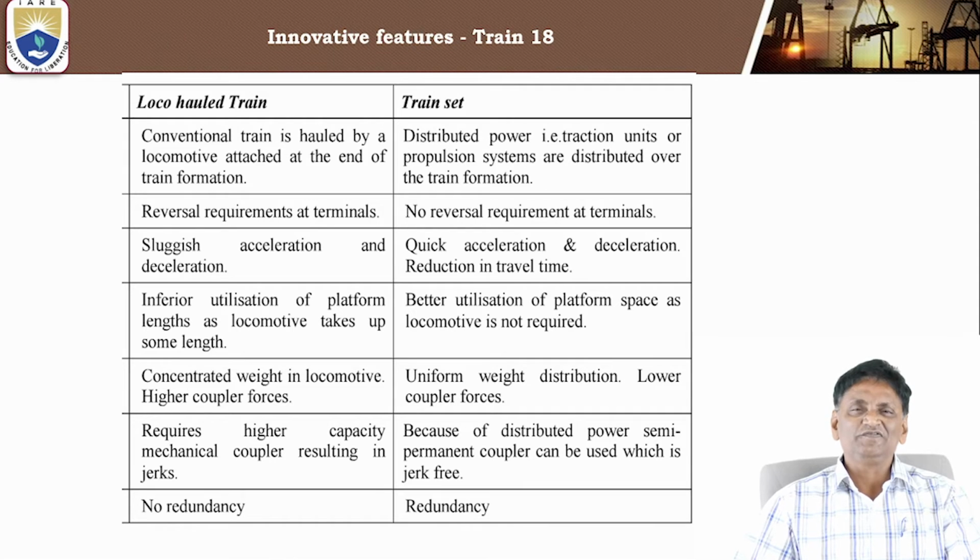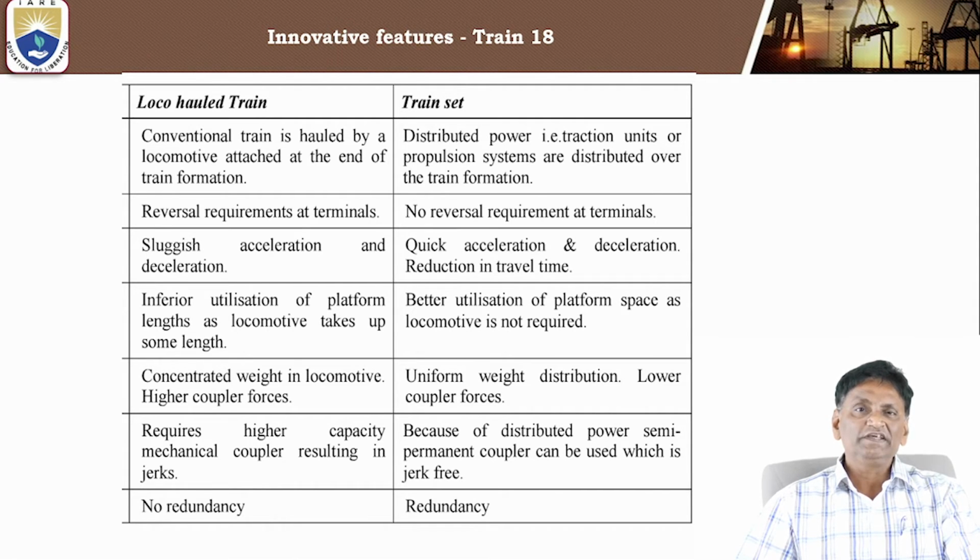So what are the innovative features this team has thought out and innovated? In the earlier loco train, one engine pulls all the bogies, so the engine capacity could not be increased beyond 6350 horsepower. Now they have broken down the engine. The power is put in all the coaches. Since the train is electric, instead of a single big engine of 6350, the power is split